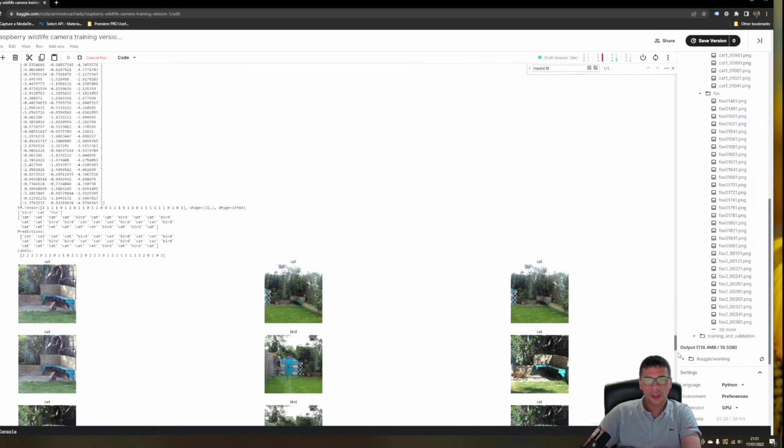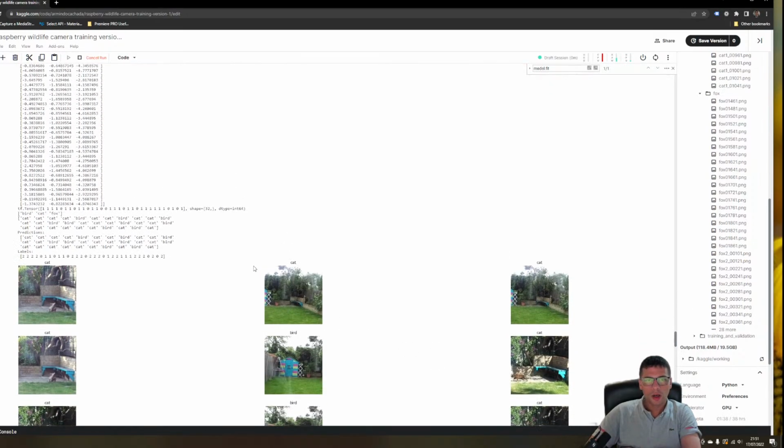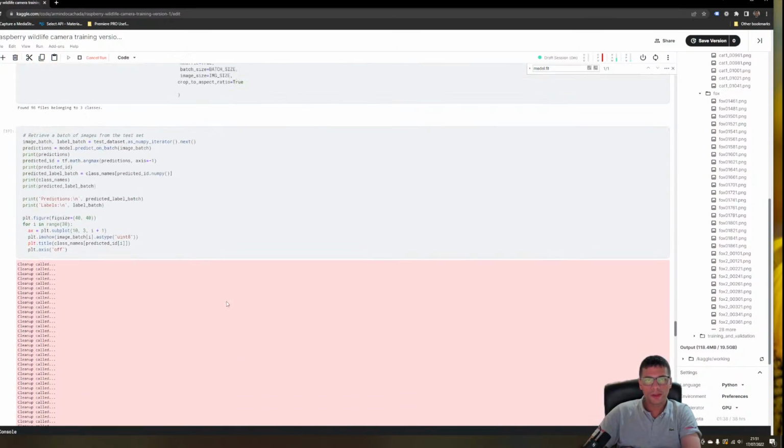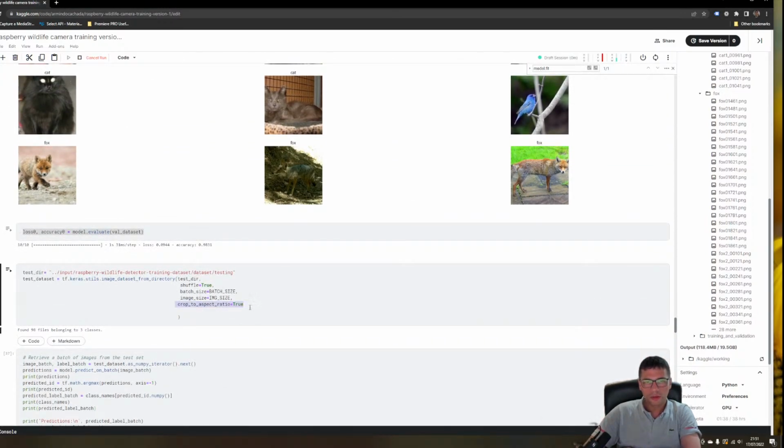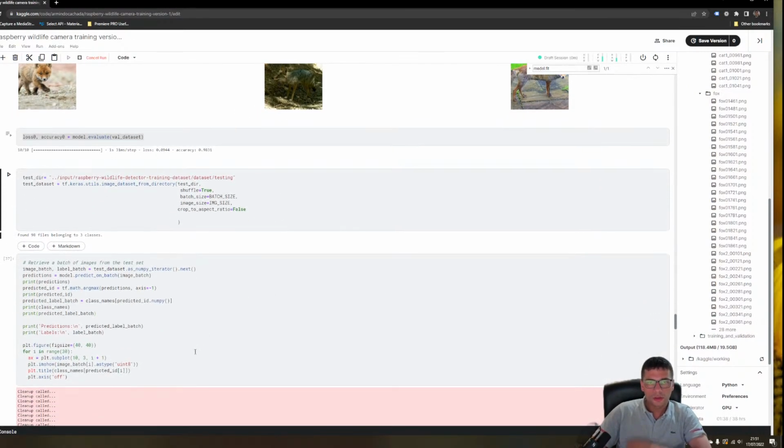Here. Yeah. So I'm going to remove the setting that says crop to aspect ratio. I'll make it false. That means the images will actually be distorted, but that's just a quick fix to see if this is our problem or if it's the images themselves. I need to go and review them one by one